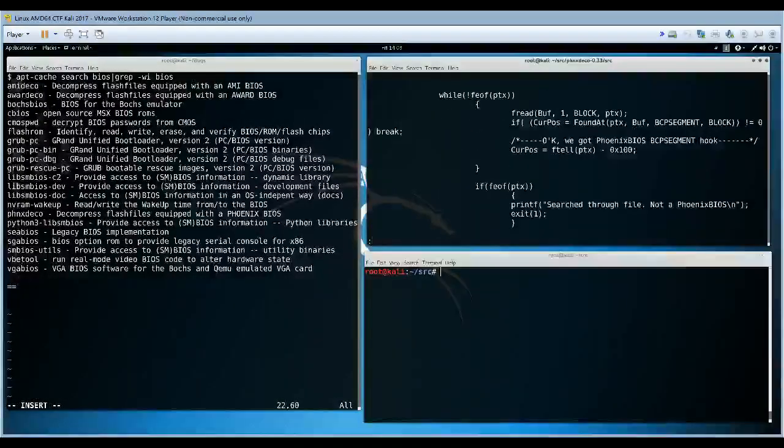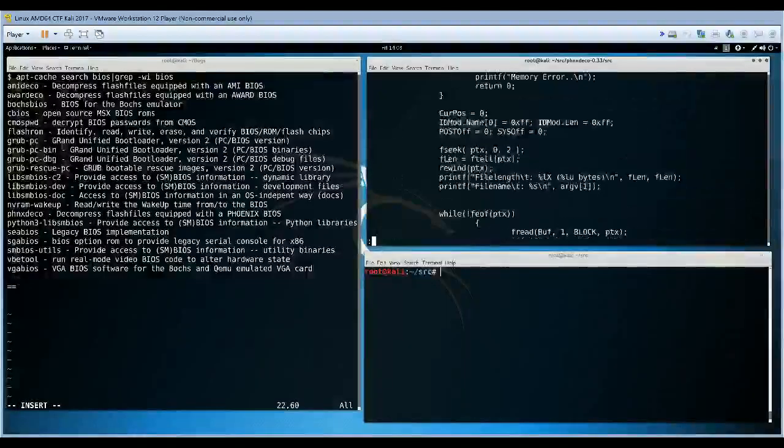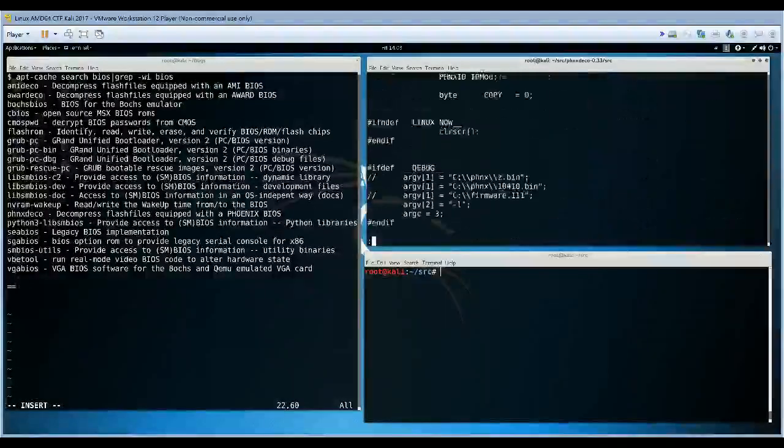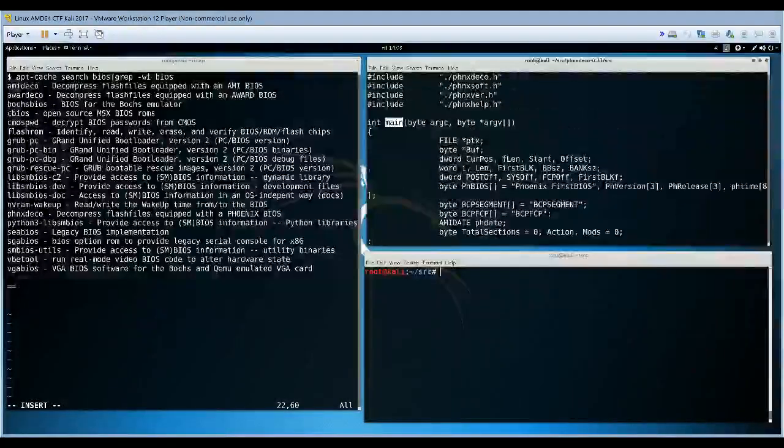Not too much. There's probably some bugs here, but yeah, current pos is a D word, so already you can